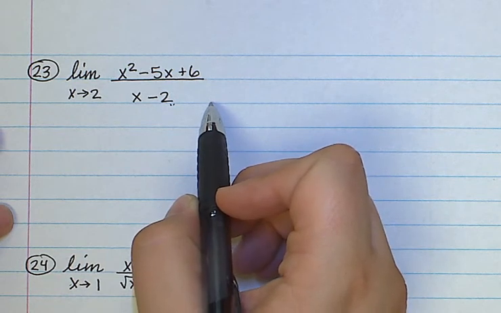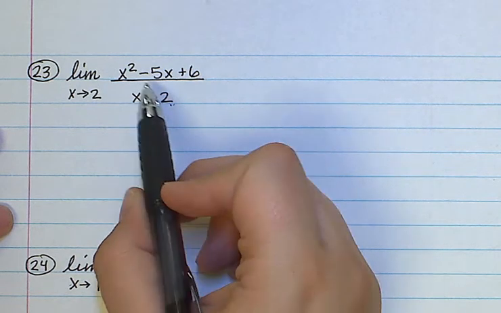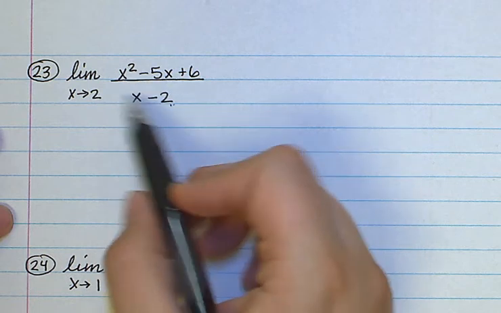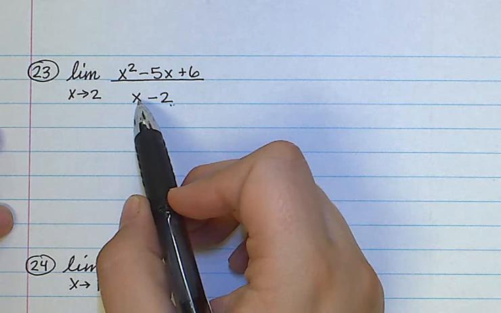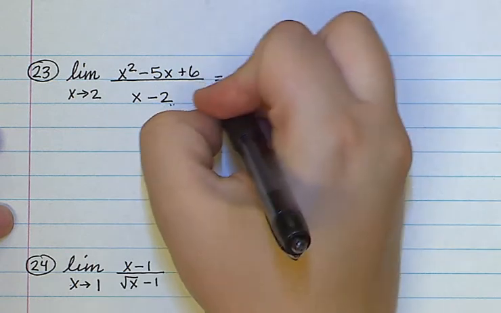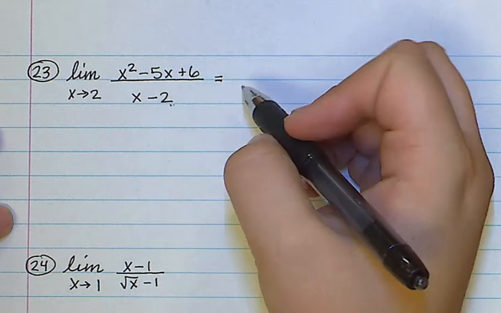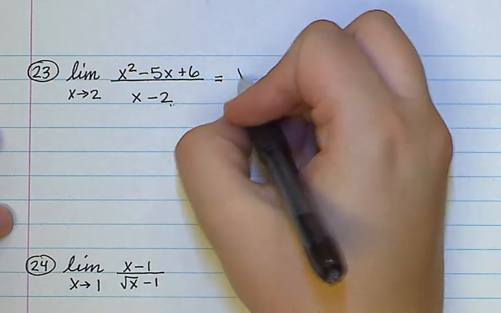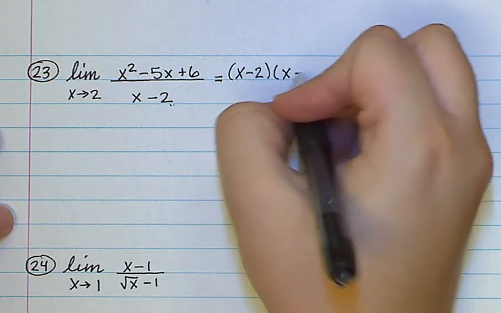That means I need to try an algebraic method. I can either factor or rationalize. There's no square root, so rationalize wouldn't make any sense. There's an x squared, so I can factor. So let's try factoring. I need two numbers that add up to negative 5 and multiply to 6. So that'll be x minus 2 and x minus 3